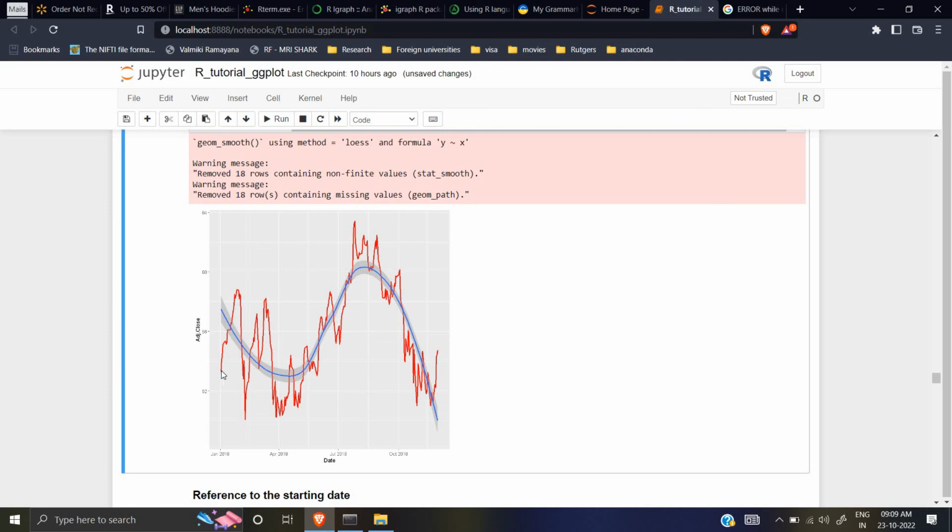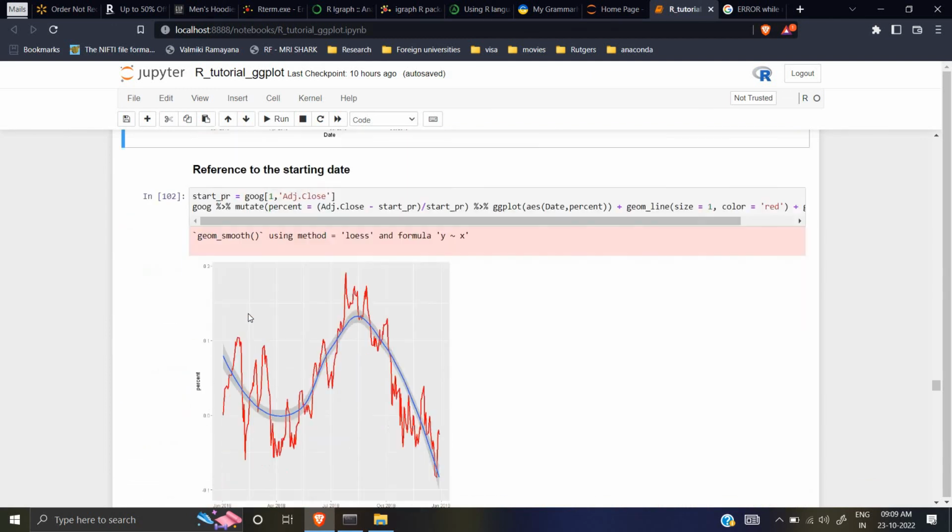They want it relative to a particular day and not the actual value, because if I invest something over here, I just want to see how much I will gain on this particular day, right? The actual value of stocks does not matter. What matters is the difference: if I invested over here and sell over here, how much will I gain, or if I sell over here, how much will I lose, right? So